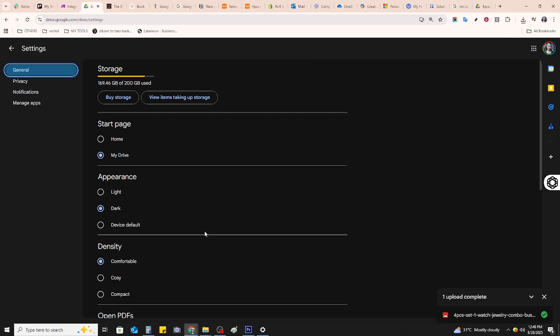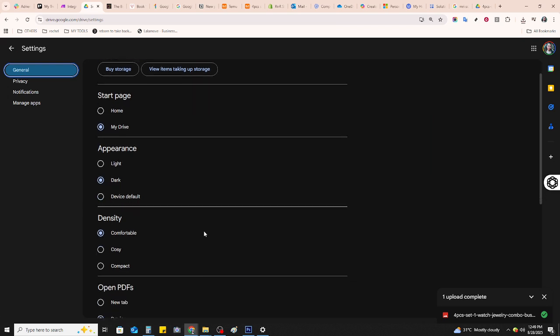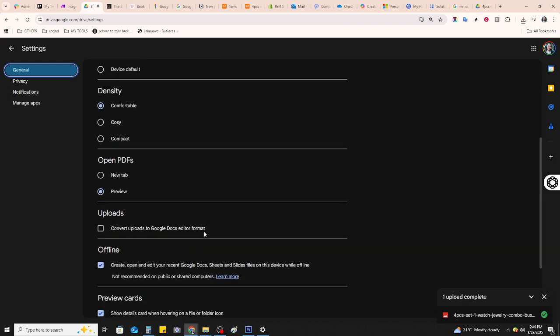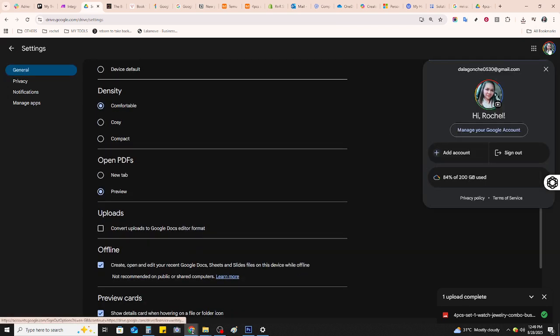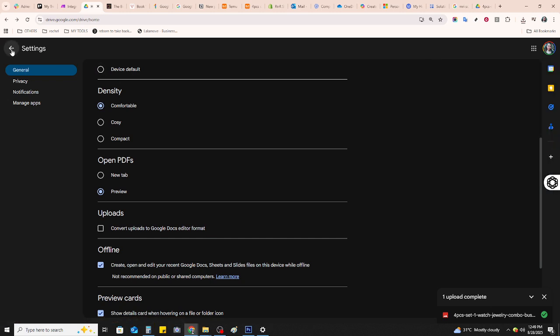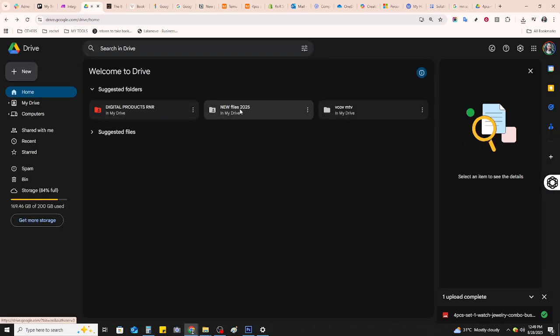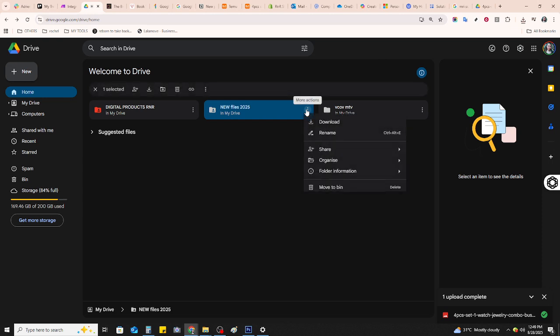This is an invaluable feature that can save you a lot of trouble if your files ever fall victim to ransomware attacks, which typically encrypt or corrupt them. To access this, simply right-click on the file you're interested in and select Version History, then click on See Version History. This gives you the ability to view and restore previous versions of your files, essentially turning back time to